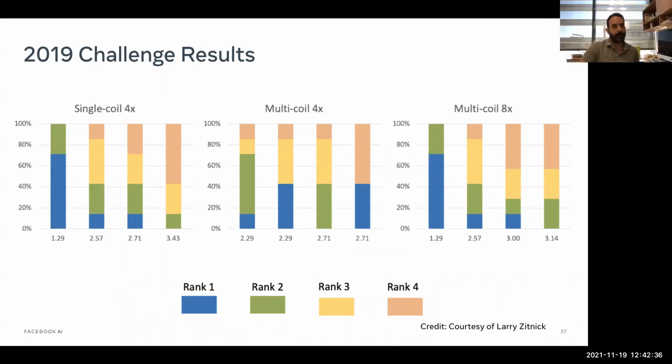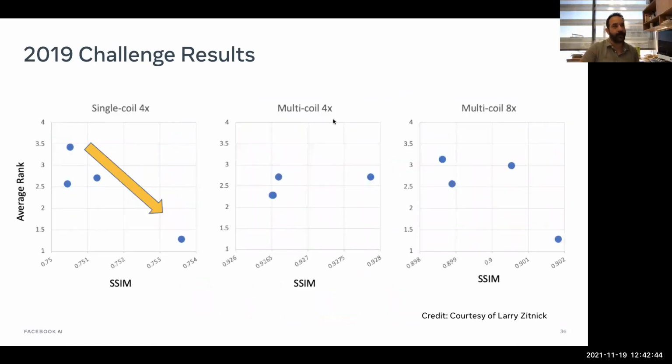My question on that, roughly, is that I see the differences you have in SSIM are tiny, right? The differences on this plot are tiny. At least when we were experimenting, we wouldn't even consider 0.75 and 0.753 to be different. So would you say that within a resolution of 0.1, SSIM is very predictive of radiologist ranking, roughly speaking?